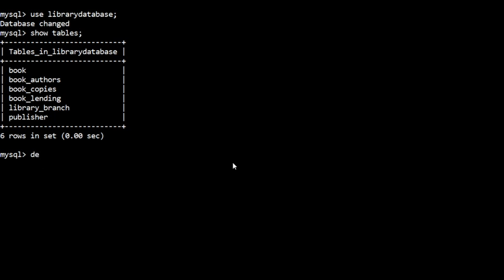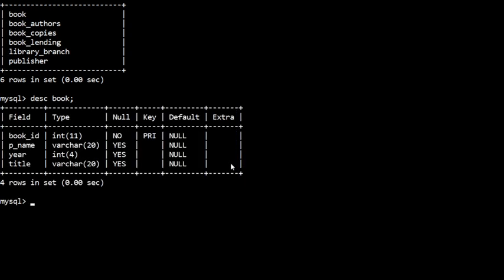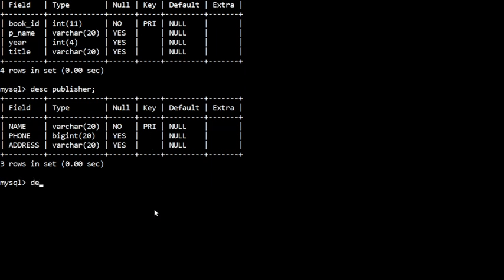Now if I show the structure of these individual tables, you can see only the primary key I have defined, using the same command as in the slide which I have shown. Using the same command I have created this book table, and then the publisher table. Here also it has the publisher name, phone and address, and name is the primary key. Then the next is book authors.